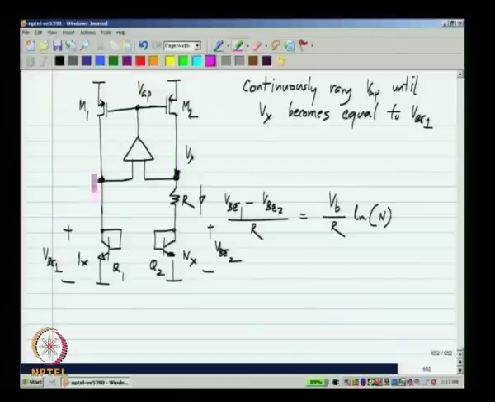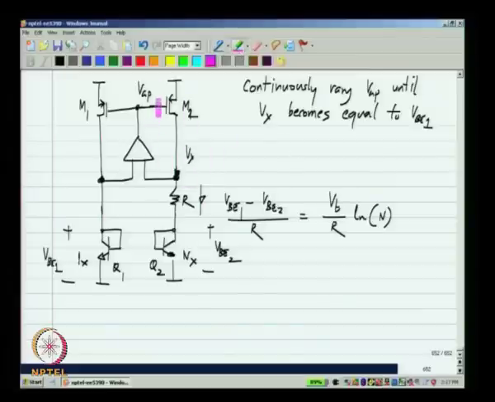So, the currents in these two transistors will be exactly identical, and also because the gate of this is driven by integrating the difference between Vx and VBE1, Vx will be equal to VBE1. So, finally, when the circuit reaches steady state, the current in this equals VBE1 minus VBE2 by R, which is Vt by R times ln n. Okay.